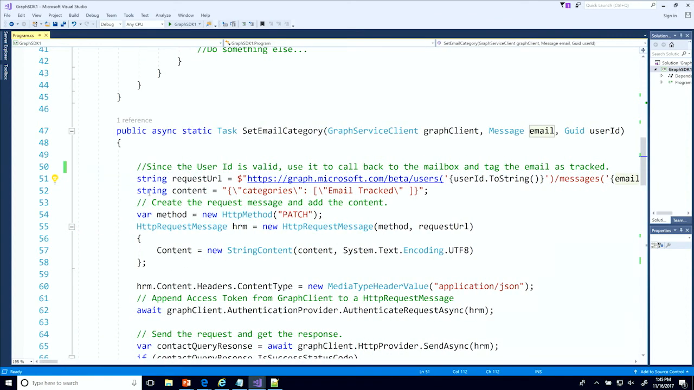And then the next thing you'll notice is the content of that is I'm just taking and marking the category. And what you'll notice here is I'm actually using the beta endpoint. Categories as part of Outlook right now is actually part of the beta, the preview endpoint. It should be part of the main V1 endpoint, but at this point you have to kind of switch over to using beta. Once you do that, you can essentially send in this content message to say whatever category you